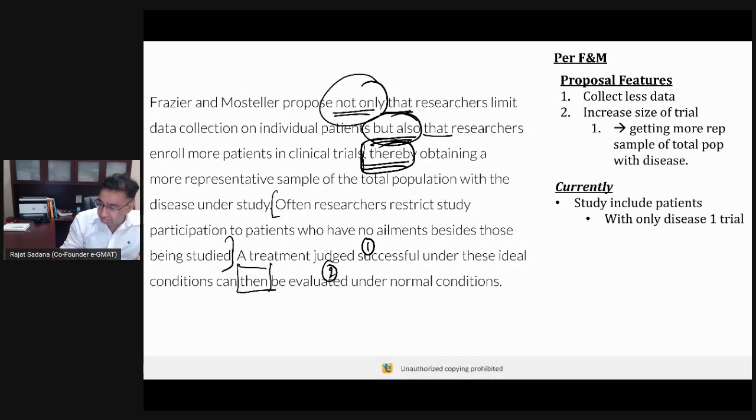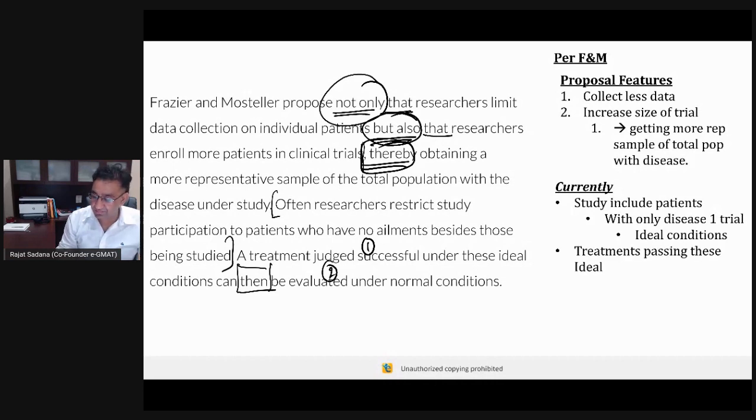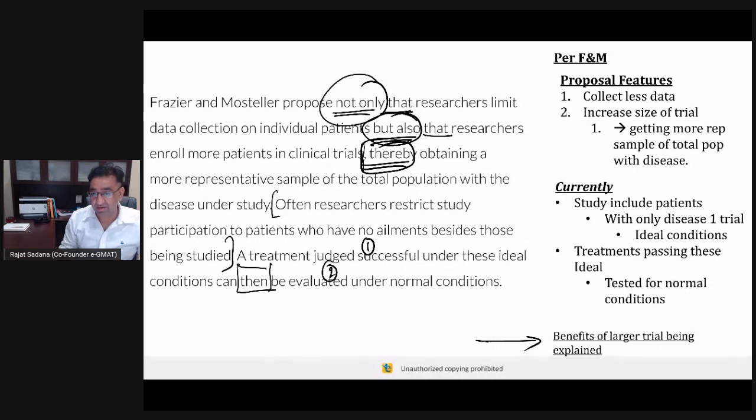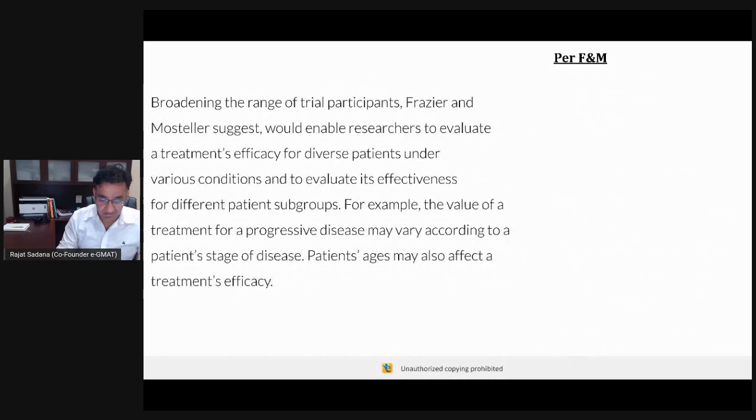Currently, you have the selective group where patients have only one disease, and this is what the author calls ideal conditions, and treatments that actually pass under ideal conditions are then treated under normal conditions. So essentially, when you look at this, what are we saying? We're talking about benefits of a larger trial. Then